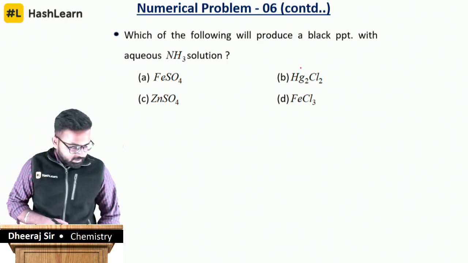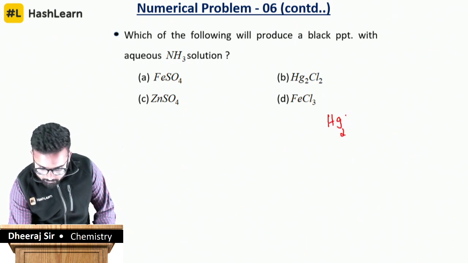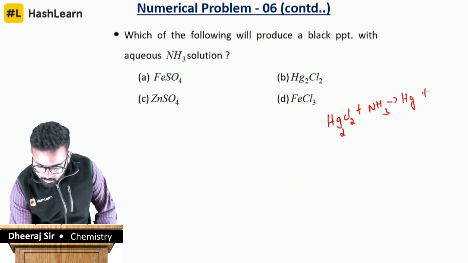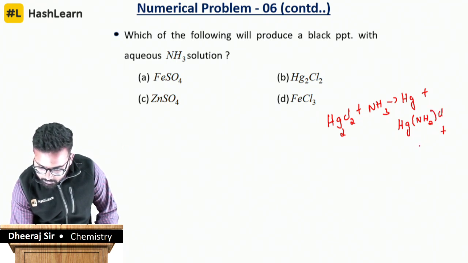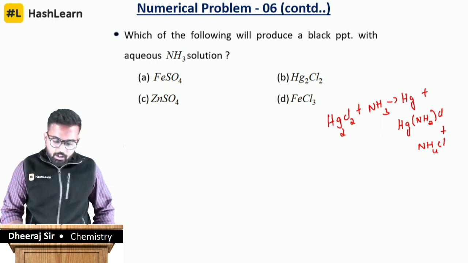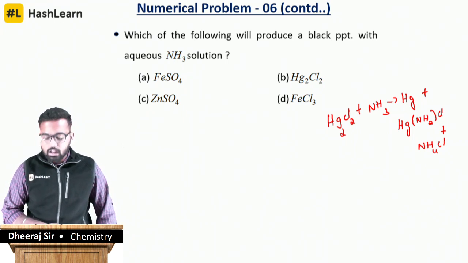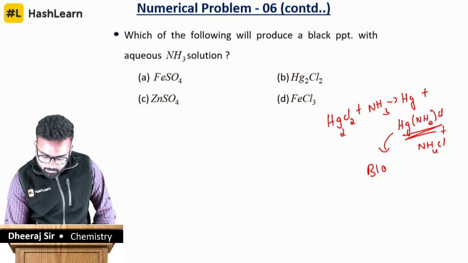Let me quickly give you the reaction, guys. The reaction is, it's option B. Mercurous chloride reacts with ammonia to give us mercury in the metallic form and Hg(NH2)Cl plus NH4Cl. So it's a disproportionation reaction where mercury is both reduced as well as oxidized. So this is the black precipitate